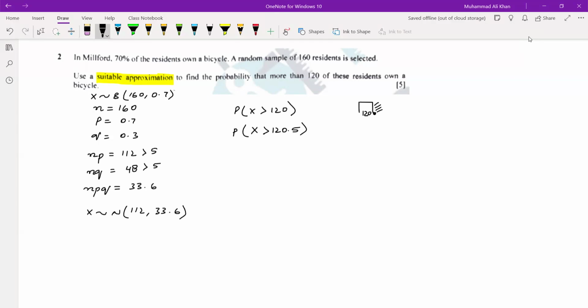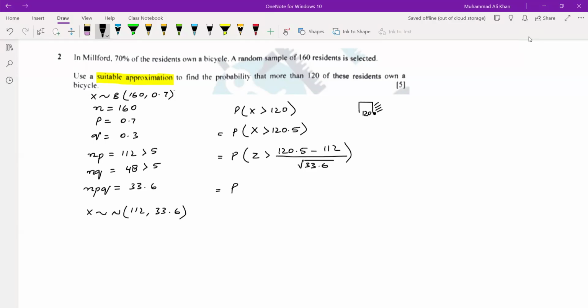120.5. Now convert X into Z by using the formula X minus mean. And what is the mean? 112, divided by the standard deviation. The standard deviation is the square root of 33.6. It is the square root of the variance. So